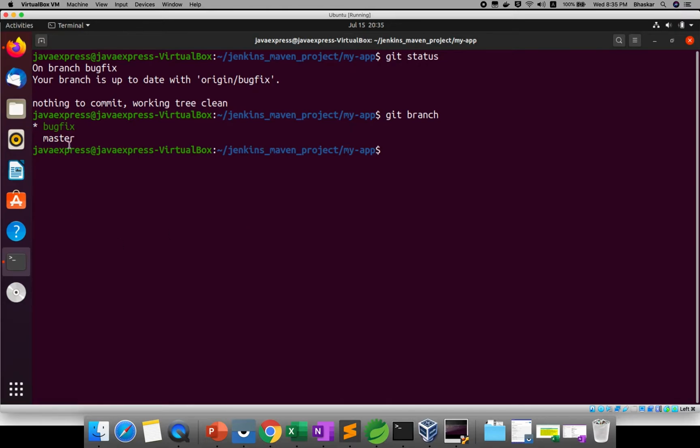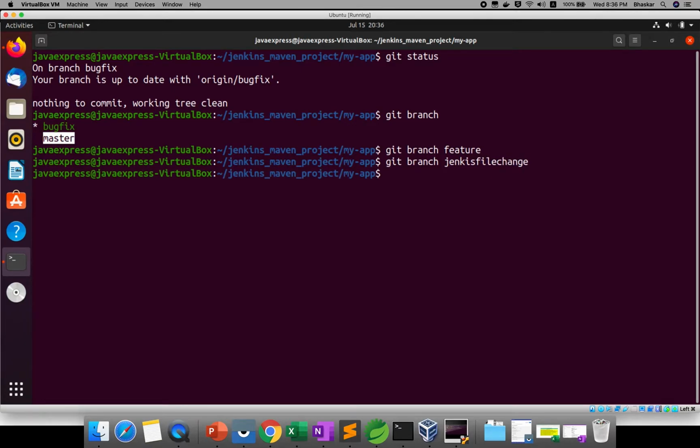See, I have a bugfix1 branch and a master branch. I will create one more branch, which I'll call feature. I will create one more branch for some Jenkinsfile change. If you run git branch, you can see the list of branches.